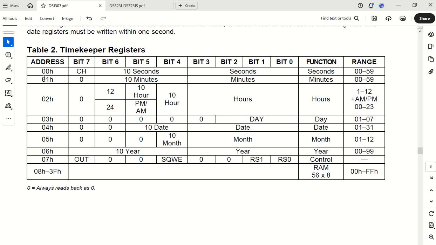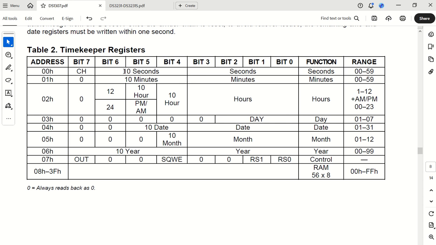What's important to us, especially, is the timekeeping registers. Address 00 hex is where we will place the seconds, and as you can see here, the range is from 00 to 59. Let's say that the seconds is 45 seconds.